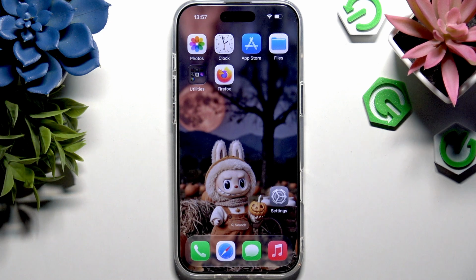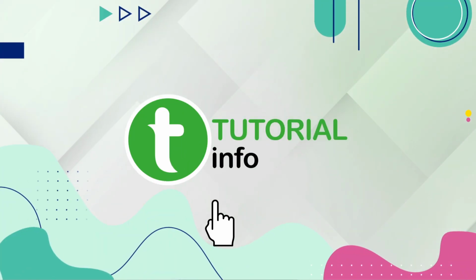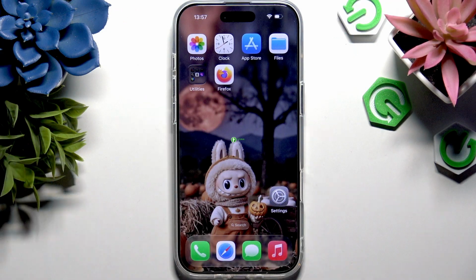In front of me is iPhone 17 and today I would like to show you how you can select and delete multiple photos at once. Deleting multiple photos on your iPhone will save you a lot of time, especially if you are planning to clean